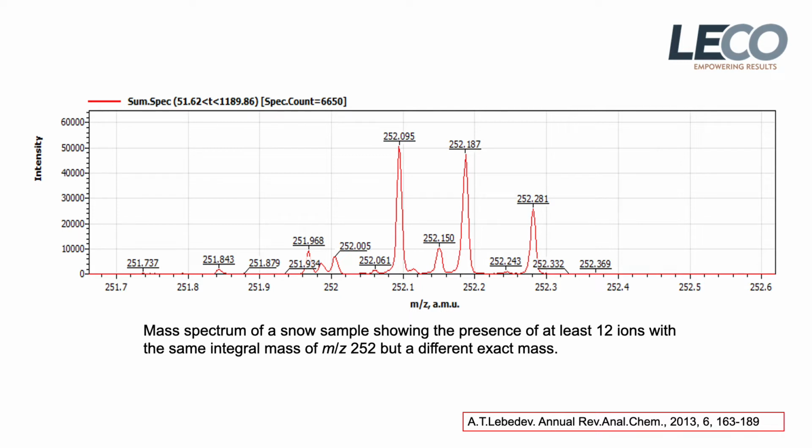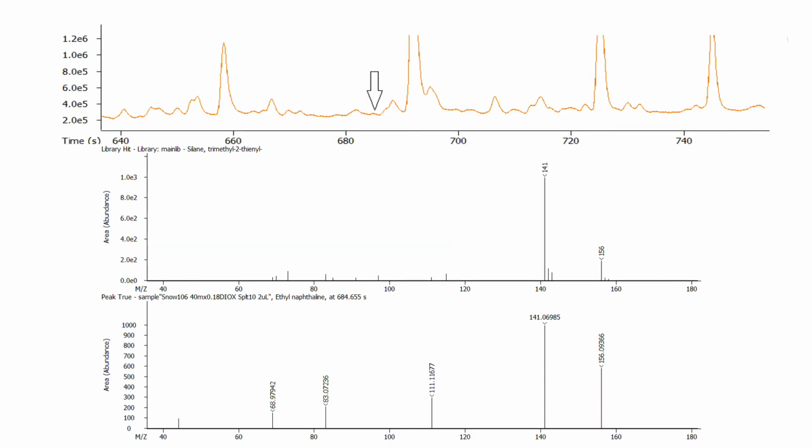And then we have, even in this quite simple sample of snow, something like 100 individual compounds giving 252 ions in conditions of electron ionization. And look, if at least one of those compounds has a retention time close to that of benzopyrene, you're in big trouble because you get a false positive result. And when you are dealing with such a nasty compound as benzopyrene, it's not acceptable. So definitely, having accurate mass measurements, you avoid this very, very dramatic mistake.